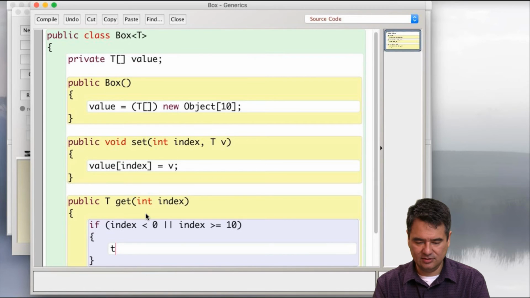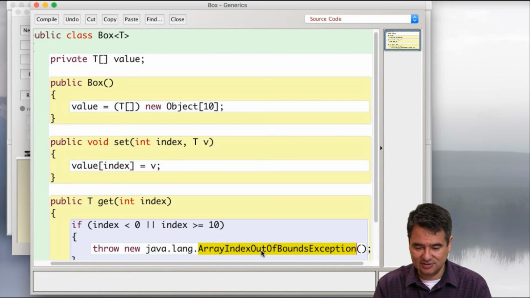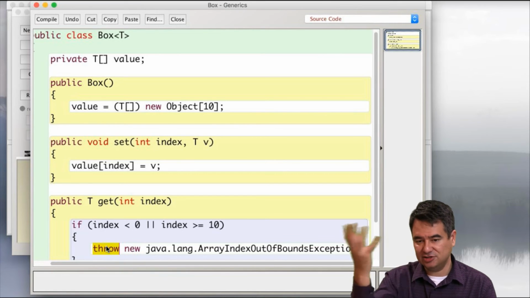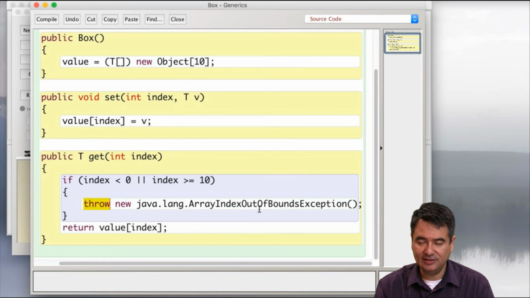we'll say throw new java.lang.ArrayIndexOutOfBoundsException, I guess really long. ArrayIndexOutOfBoundsException is a class that exists within the Java system. So to throw an exception, we need to make an object out of it by using new, and then we put the keyword throw in front of it to say we're going to generate this exception and give it back to the caller. That's how you generate an exception. You find the name of the class, ArrayIndexOutOfBoundsException, you use new to create a new object of that class, and then you use throw to throw it out there. And I'm using the whole name here, java.lang, so that I don't have to,